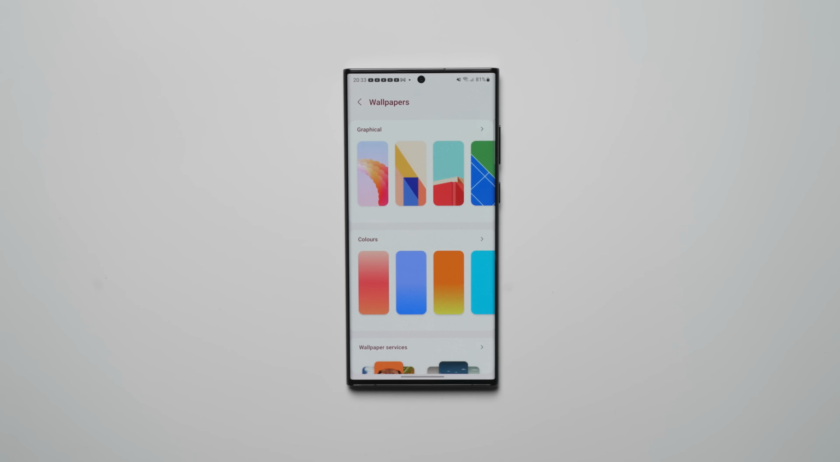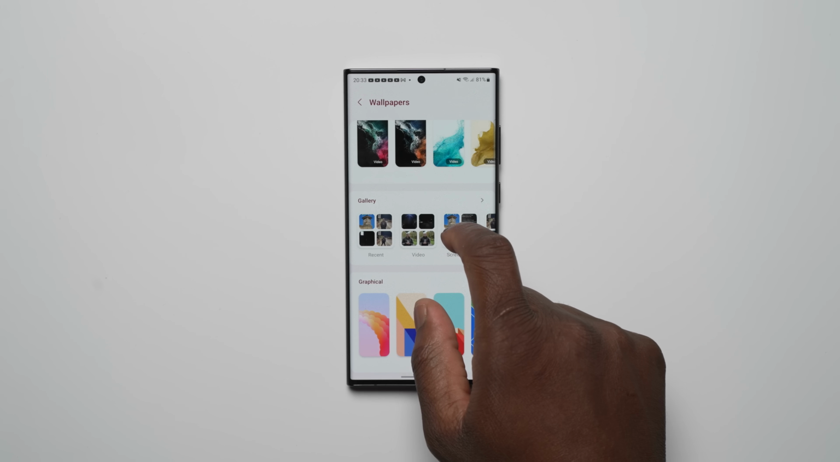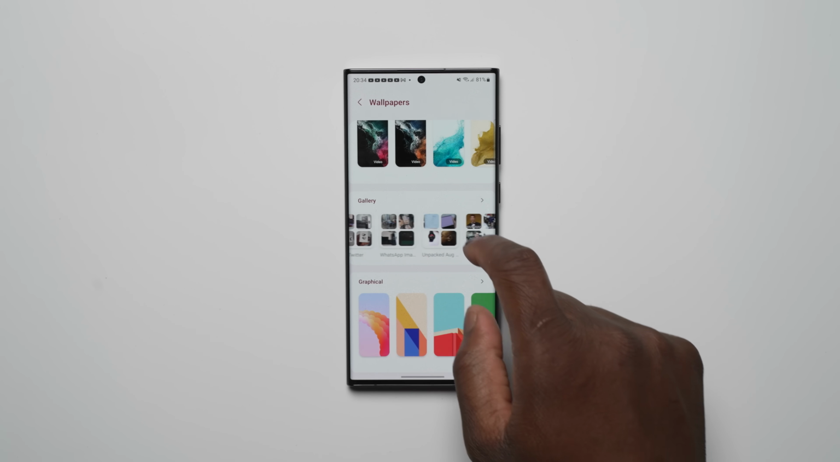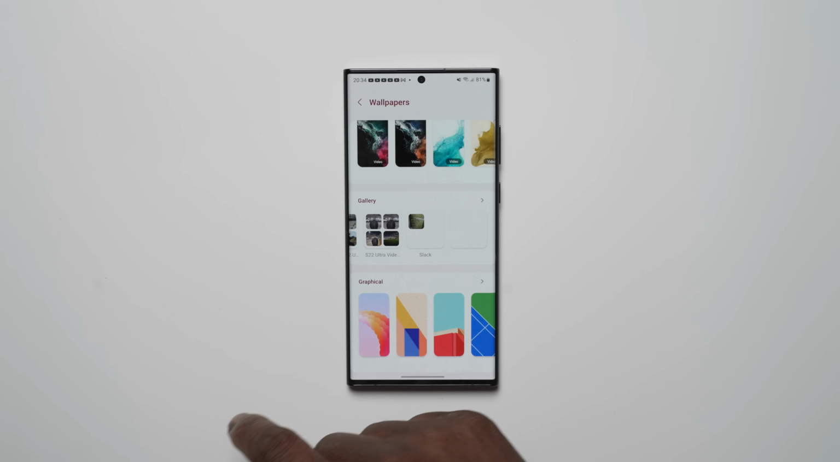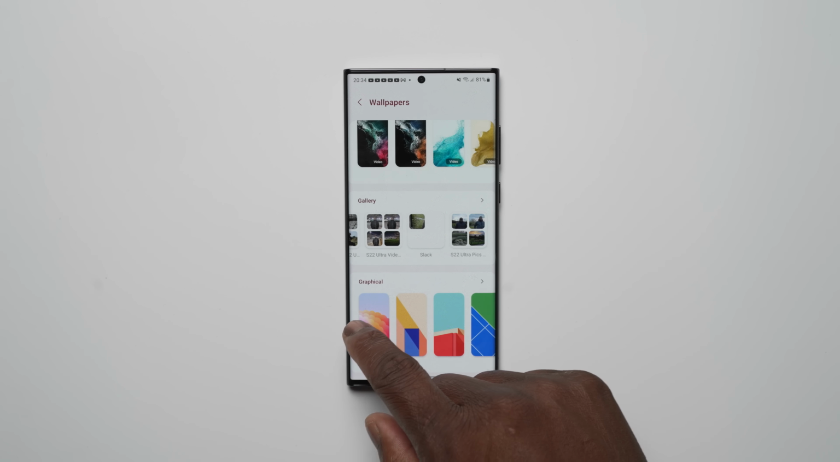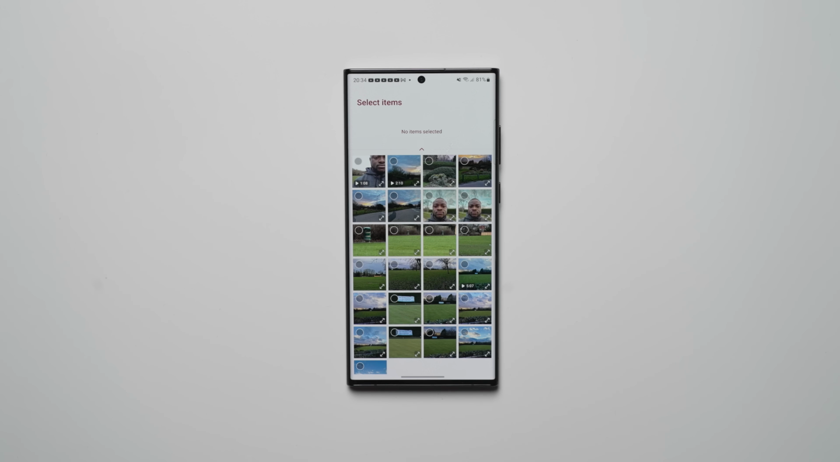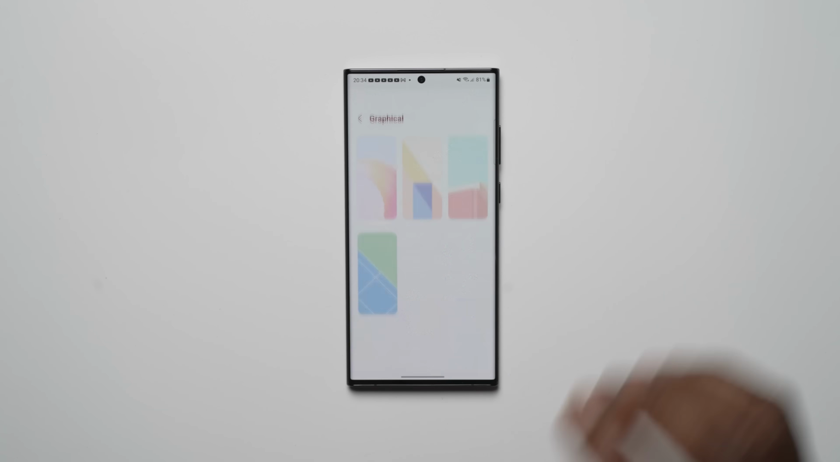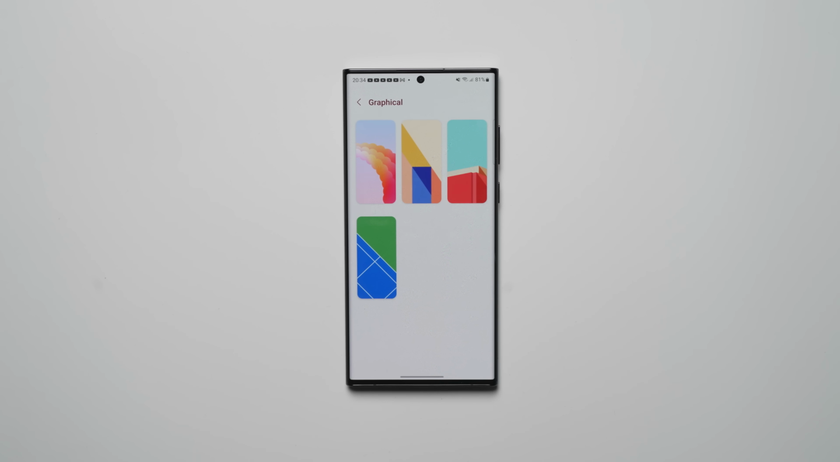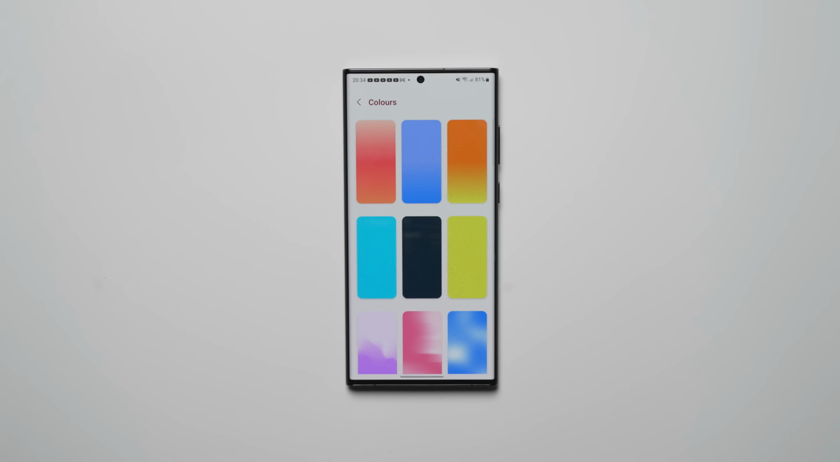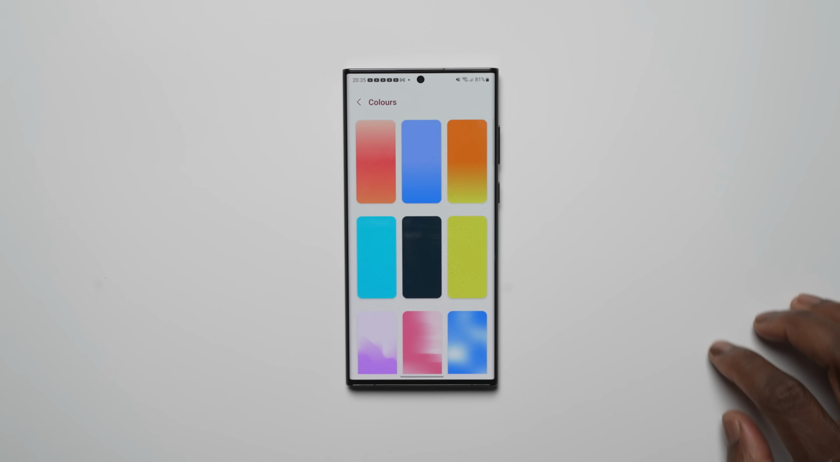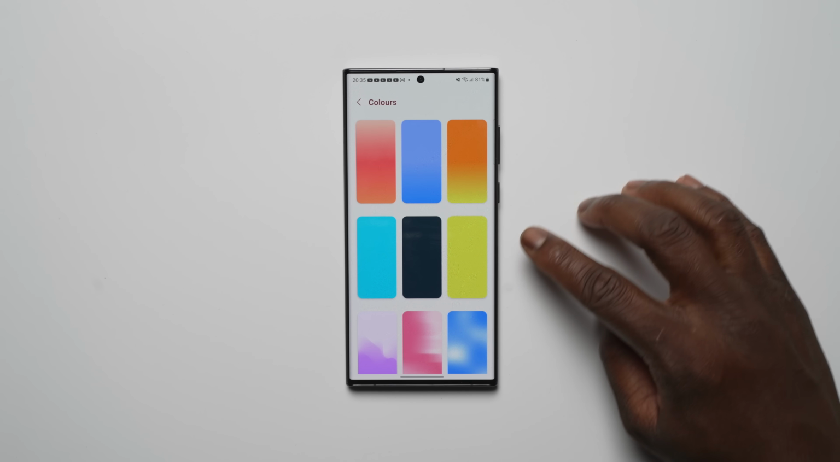The gallery section actually shows each visible album you have in your gallery with a 4-picture grid preview of each one. You can also access each wallpaper category by pressing on the title. If we go back to the 2 new wallpaper category sections, under graphical, there are 4 new wallpapers. And under colors, there are 9 new wallpapers with 3 gradient colors, 3 solid colors, and 3 with shapes in